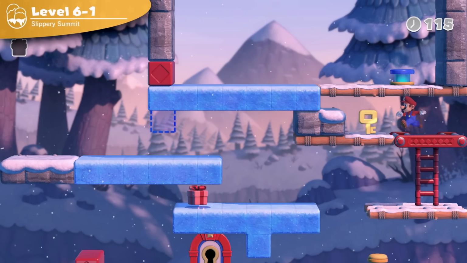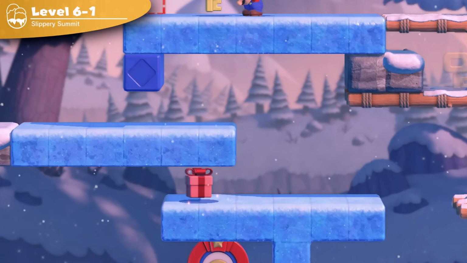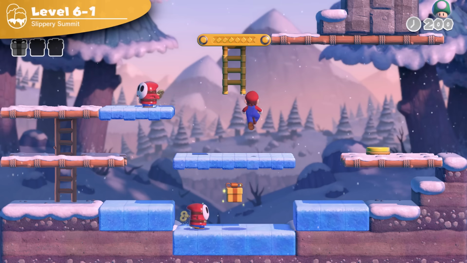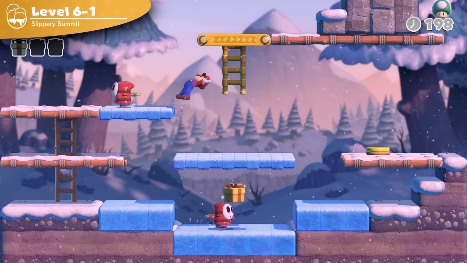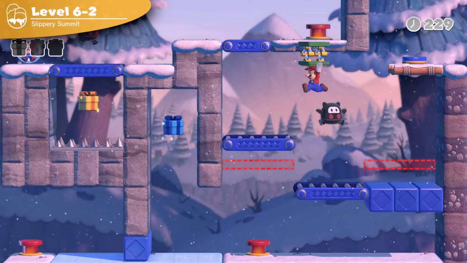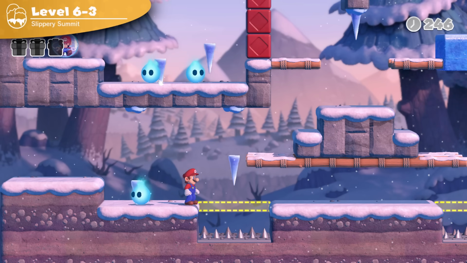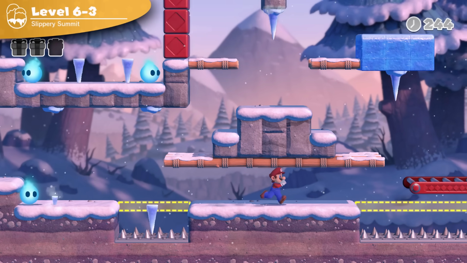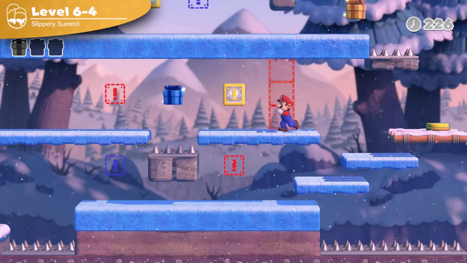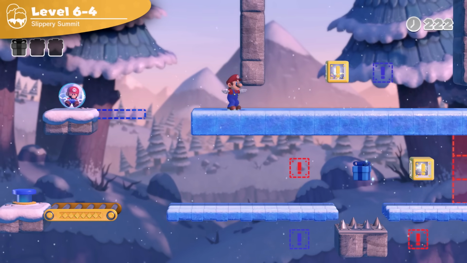World 6-1 is full of ice, and we're gonna have to be careful not to slide into that red gift. Doing the handstand wall jumps will get us to the top of the stage, leading us to 6-2, which was pretty simple to beat. 6-3 features those little blue fire dudes that can defeat us, so we'll have to be careful about that. 6-4 is a bit confusing, as you have to push a lot of switches to create paths